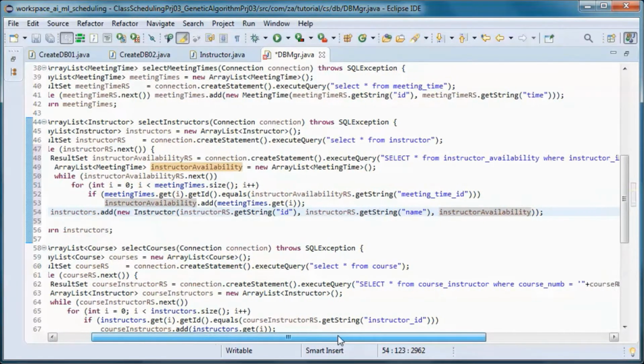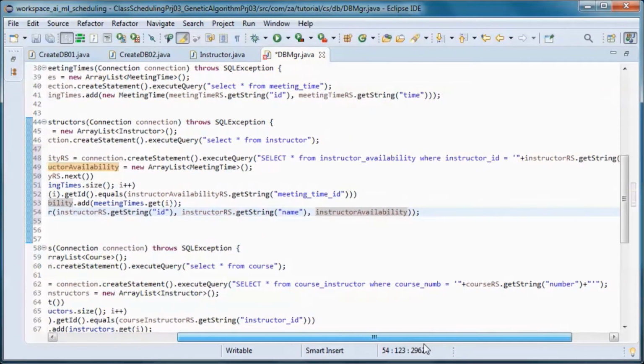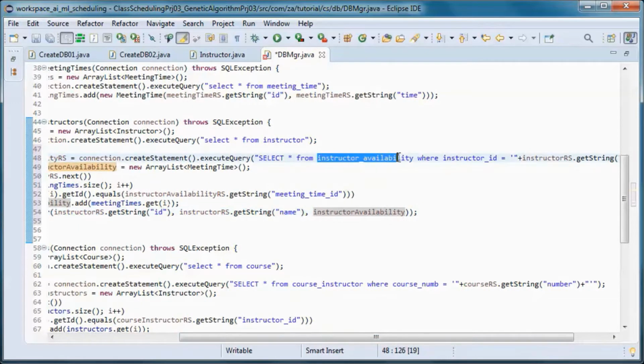And here we are picking up the instructor availability from this table.